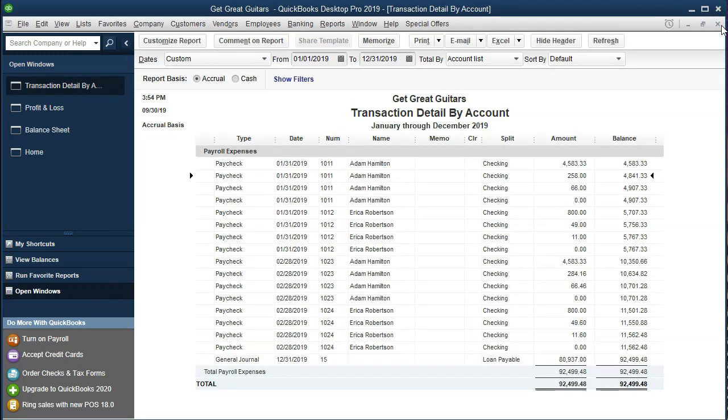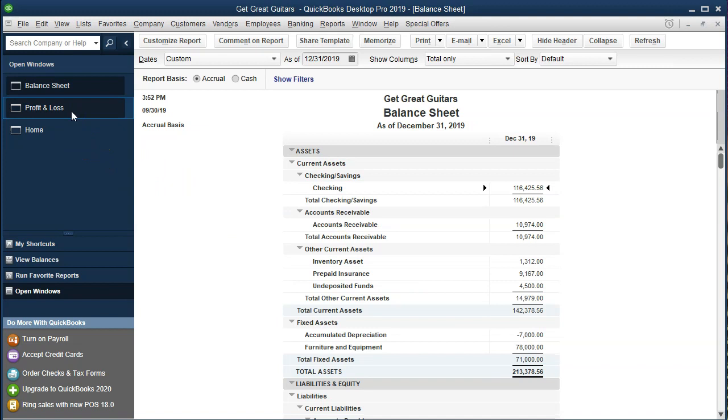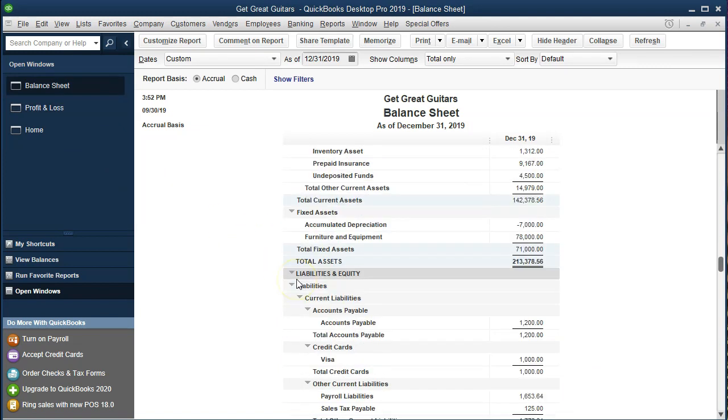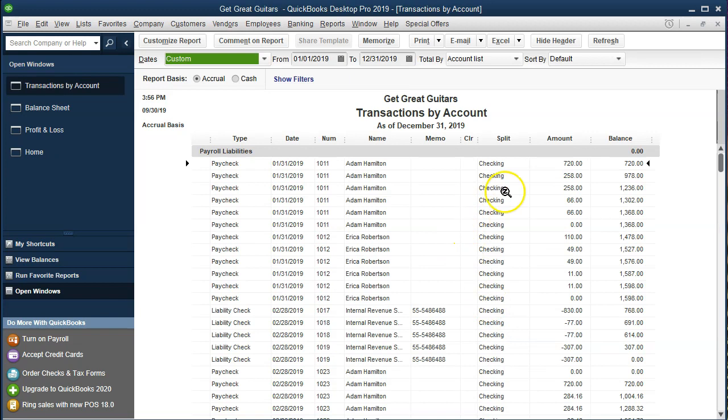Now those liabilities then that we didn't pay the employee, but which they earned, and the employer liabilities are something we owe to the government, and therefore they're going to be on the balance sheet in a liability account. So if I scroll back down to the payroll liability will be increasing. Double clicking the payroll liability, we will once again see some examples of these paychecks for Adam and